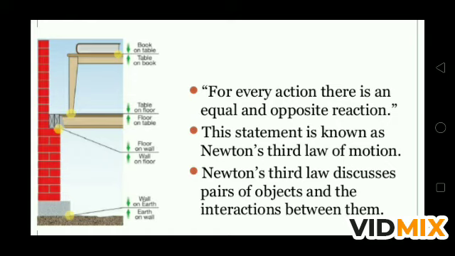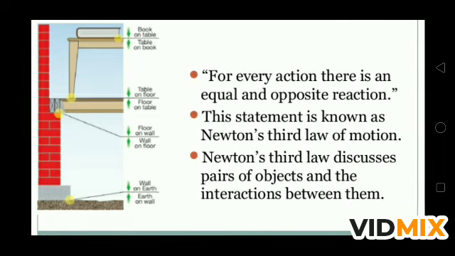Similarly, the feet of the table apply force in the downward direction, means it is action, and the ground applies force in the upward direction, it is reaction. So the floor on the table and the table on the floor, these are the two forces. Table on the floor is action and floor on the table is reaction. Similarly, floor on the wall is action and wall on the floor is reaction. And if you see downward, wall on the earth is action and the force applied by the earth on the wall is a reaction.